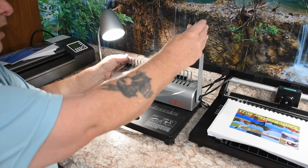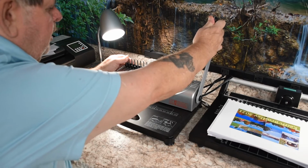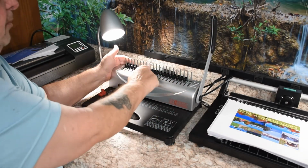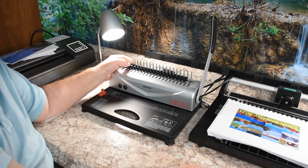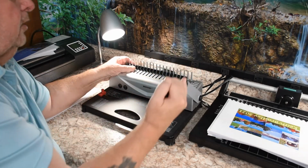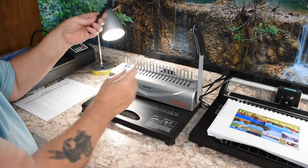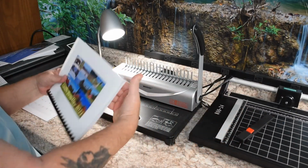Once you've got that in there, what you're going to do is depress the handle, and what that does is open up this spiral and allow you to put the photographs and the calendar months in the order that you wish to put them in there. And then when you're finished, you simply lock it, you take them out, and then you have it. Thus, in here, as you can see,